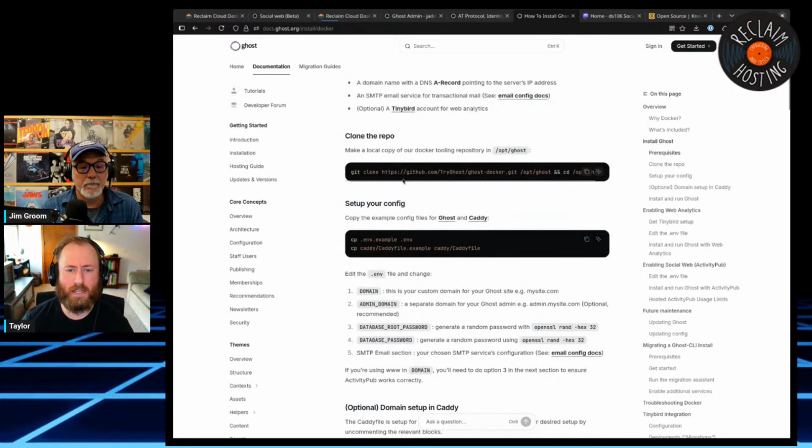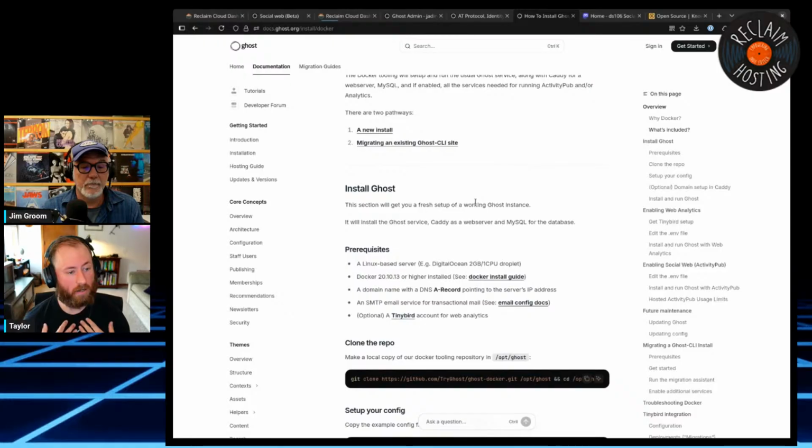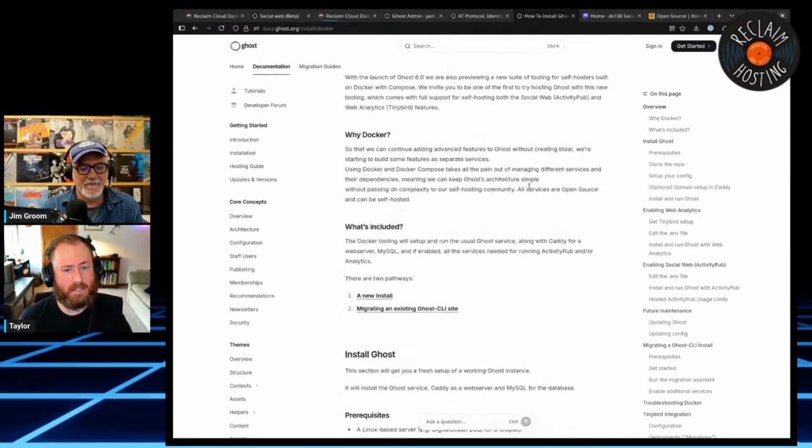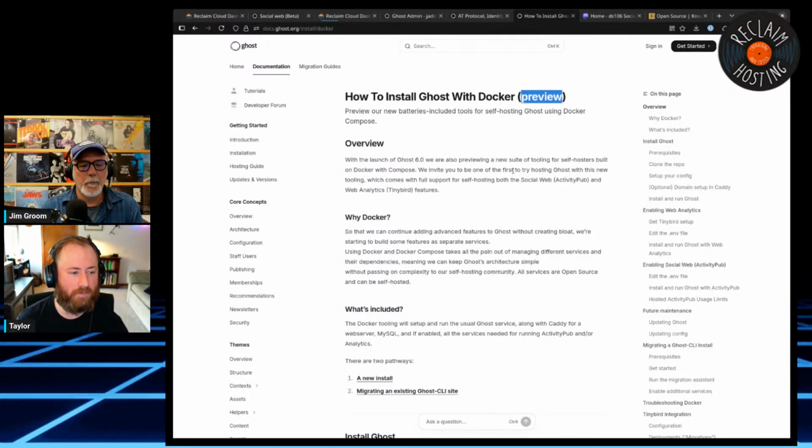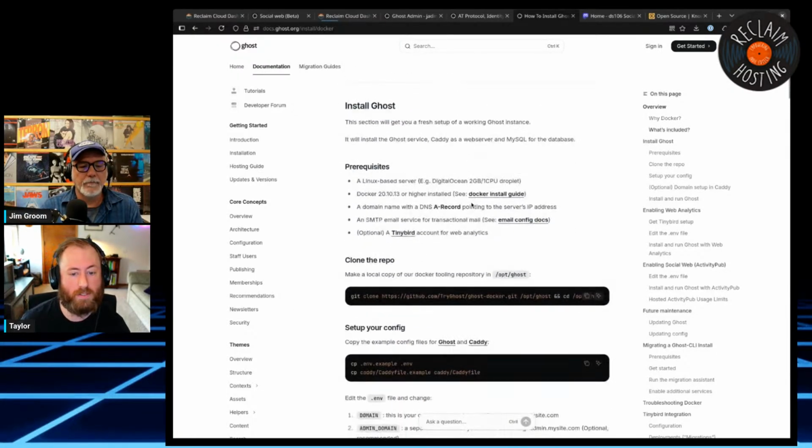What we're going to do is, our Ghost installer uses Docker. It uses Docker Compose. It has for a while because, in my opinion, that's the way to host things like Ghost and other tools like this. Ghost 6.0 just got on board with Docker. Before this, Docker was officially not supported by them, and it was a community thing. They were like, you can do it, we'll build an image and put it out there, but we don't support it, basically. And now, I think they're calling it a preview, but they officially have a recommendation on how they want you to install it in Docker.